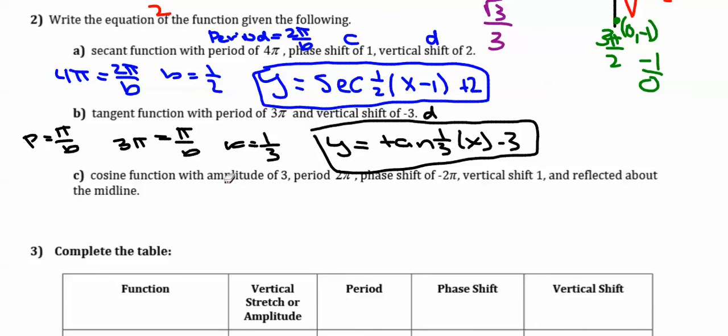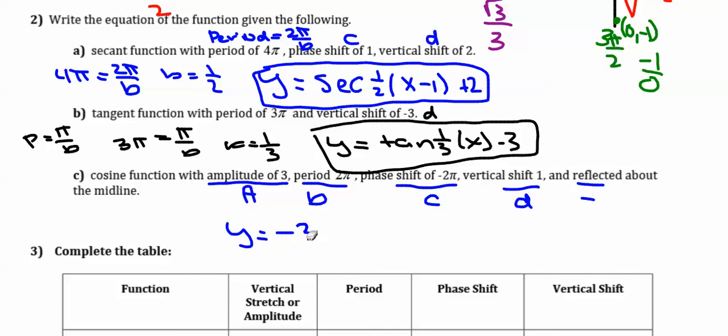Okay. Last question for this one. Cosine function with an amplitude of 3. So amplitude, that's my A. Period of 2 pi. So remember we need to find our B. Phase shift of negative 2 pi. That's my C. And vertical shift of 1. That's my D. And reflected. So that's going to be a negative. So that has all 4 transformations. So let's go ahead and begin. So I have y equals negative 3 for my amplitude, cosine. Now I need to look at the period. If the period is 2 pi,